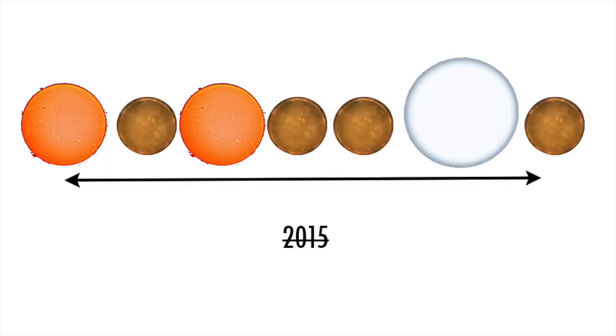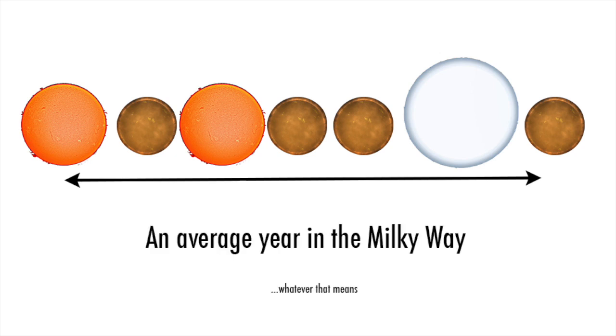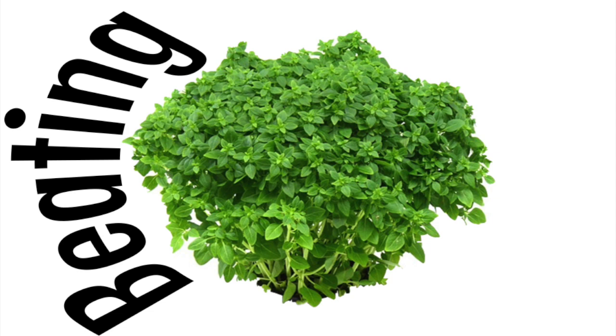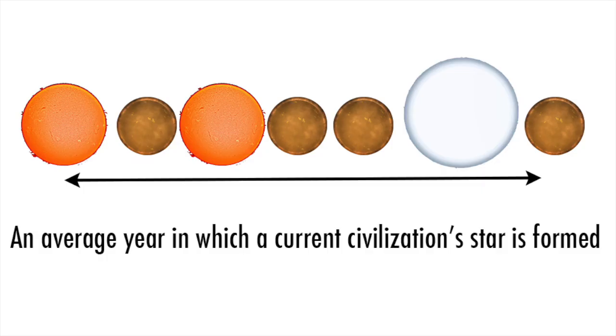But when? Not now, because stars forming now obviously don't harbor life. Maybe on average over the life of the Milky Way? Nope, not that either, since civilizations are probably born around stars close to half the age of the Milky Way. I've seen a lot of beating around the bush with this factor, and in order to make this actually work, it would need to be the rate of star formation at the average time a current civilization star is formed,